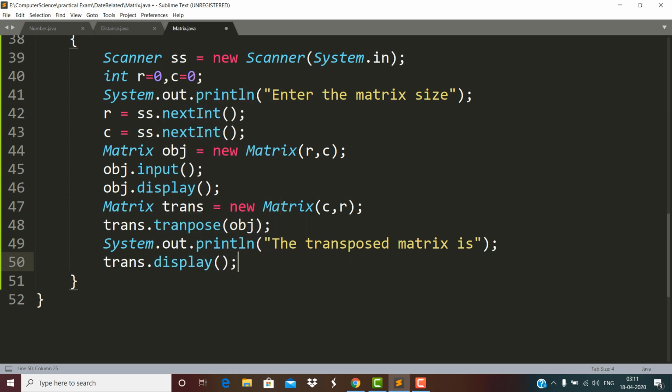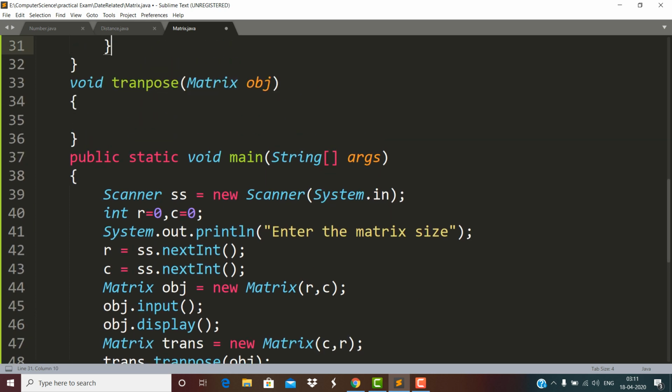So these are the statements in the main method, and now here I would like to transpose.